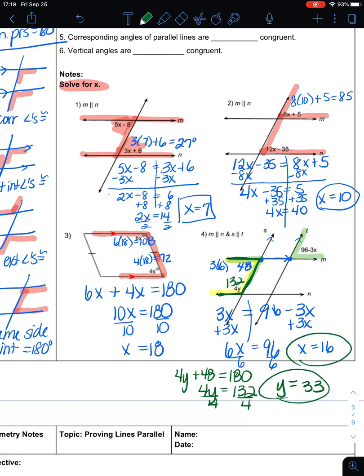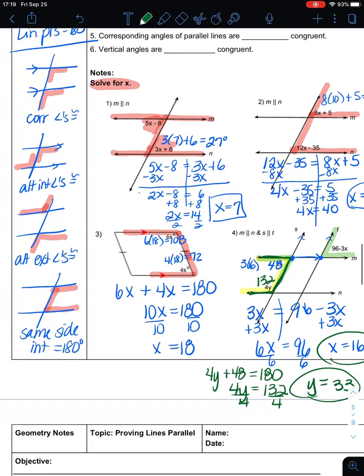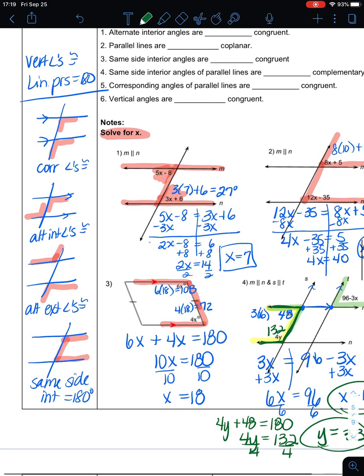And since I asked for x and y, I had to actually go in and solve for y. I couldn't just leave it at 132 degrees. So we use all of the same things that we used the other day with just regular numbers, and now we apply them with setting up equations with algebra, where corresponding angles, alternate interior angles, and alternate exterior angles are all congruent when the lines are parallel. And same side interior angles are supplementary when the lines are parallel. Those rules only apply when the lines